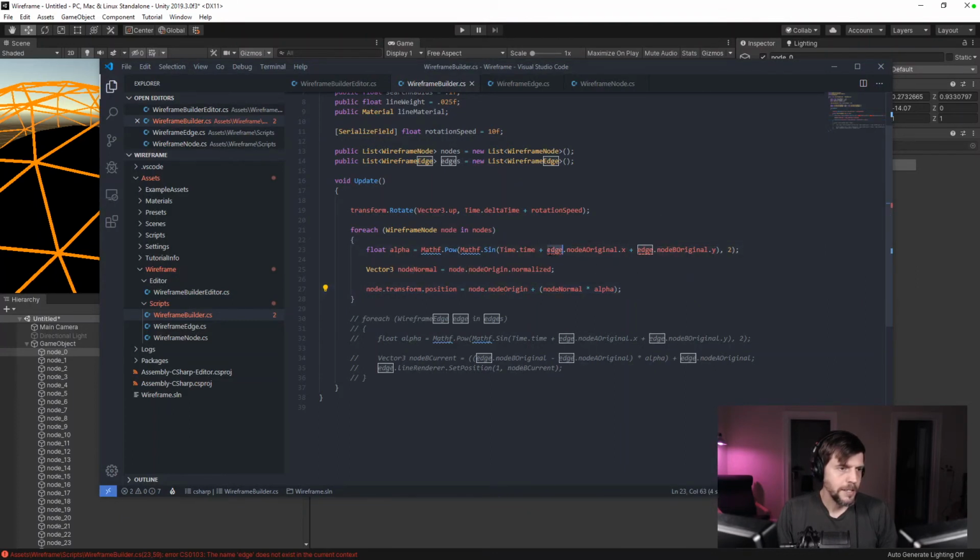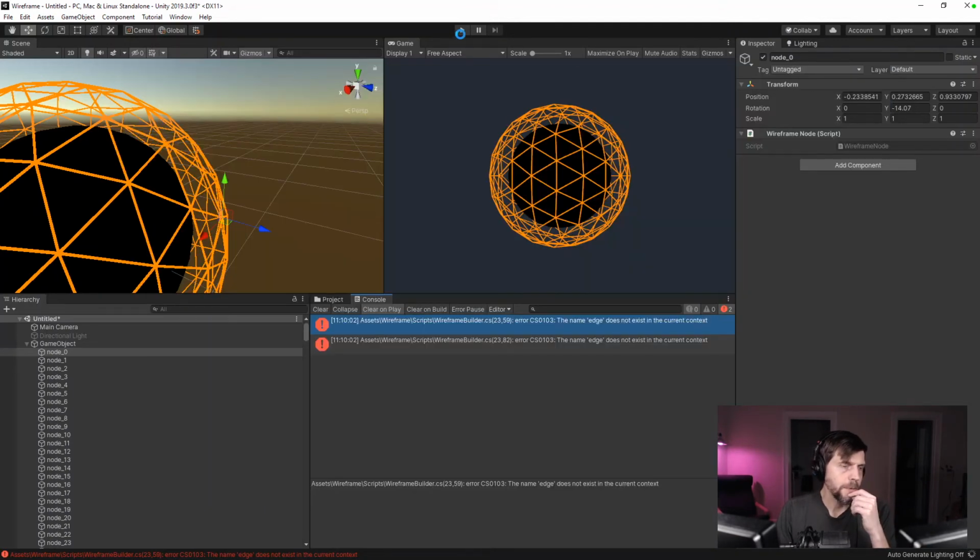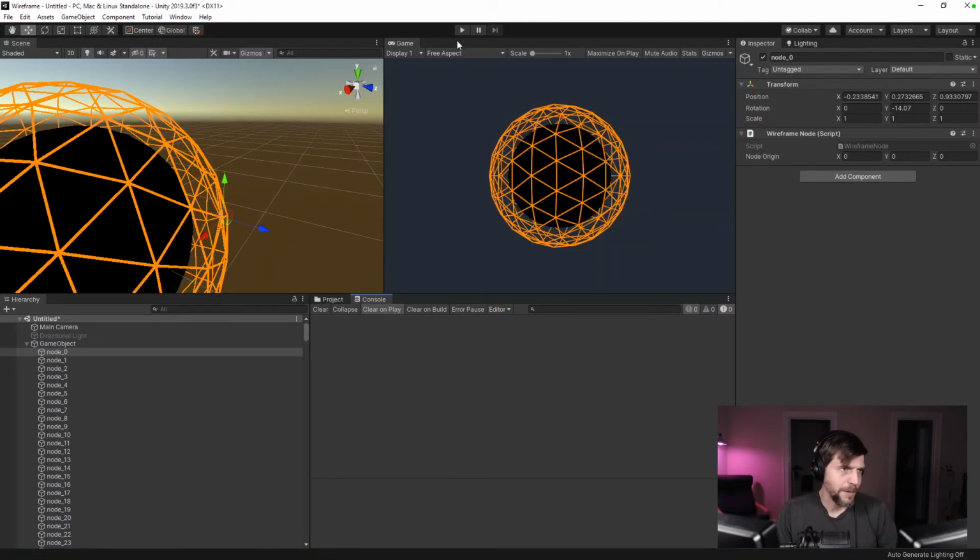Let's do the node origin X and Y. So we won't actually see anything in the game view, but I'm hoping we'll be able to easily see in the